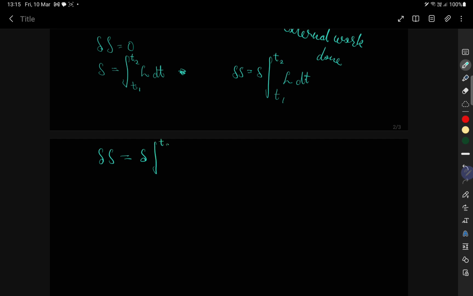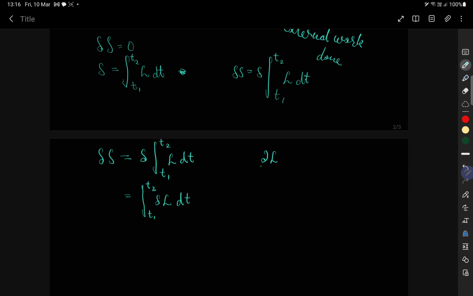But anyways, continuing on. If you don't remember, I took the delta inside the derivative earlier, and I'm going to do that again. I'm going to take it inside the integral itself. So we get the integral from t1 to t2 of delta L dt. Now, we know from calculus that